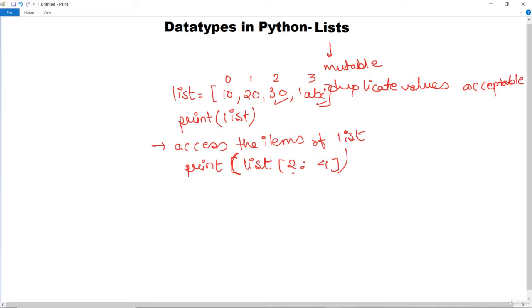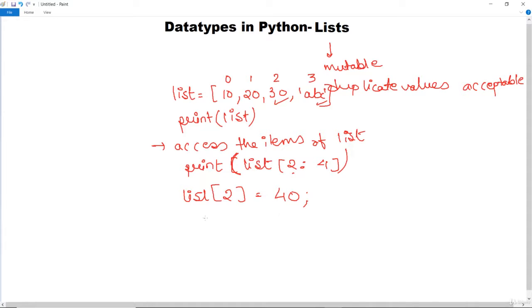Next is, how can you add or replace the values in list? How can you do that? So for that, for example, if you firstly want to replace the value which is there. For example, if you want to replace the value which is at second index. So for that you have to write list, and you have to change that the index second. What is the value you want to change? Give it, let's say 40. So this is how you can replace a particular value in the list.